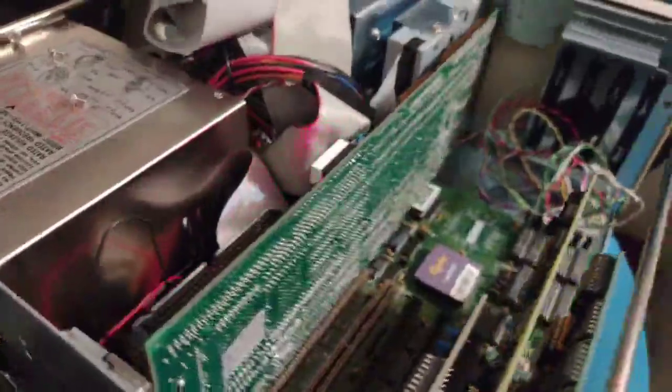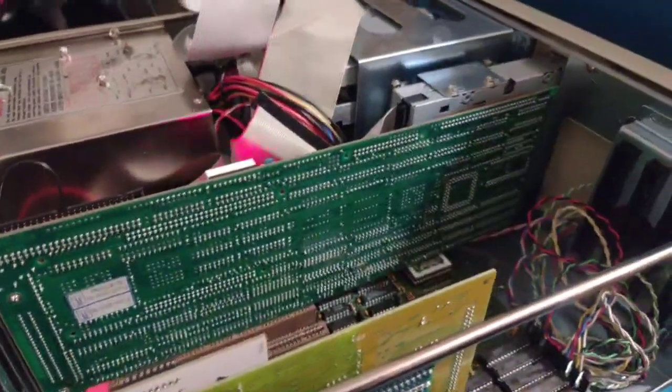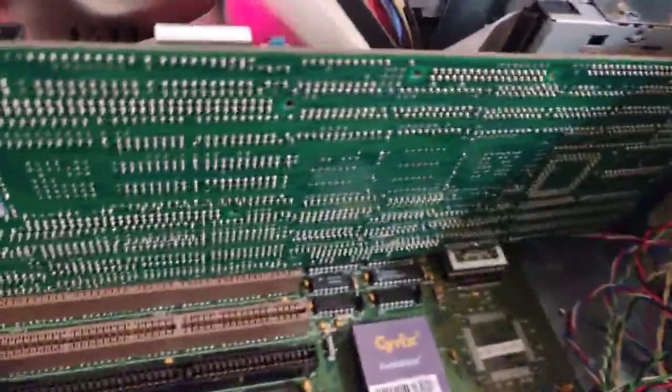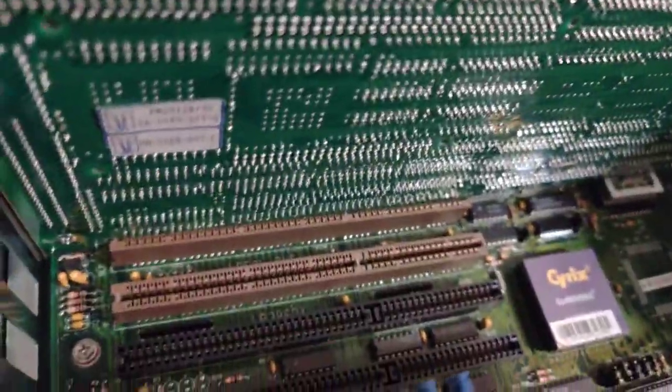Yeah, like I said, I'm trying to figure out why this guy's card isn't working. There's probably either a short somewhere or something. I can't even seem to find anything. I have looked all over the place. I found no trace of, well, no pun intended, no trace of damage on the card or anything like that. So I know for a fact the card is in really good shape. But apparently the motherboard refused to work with